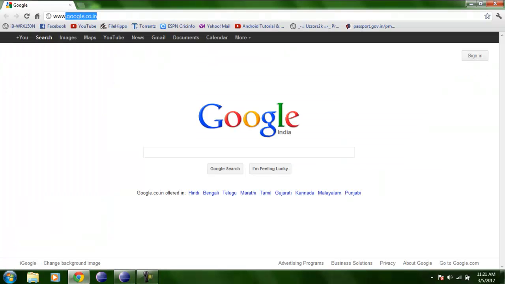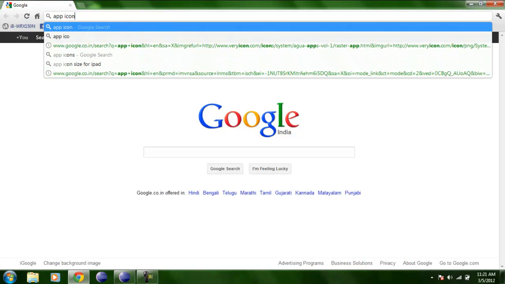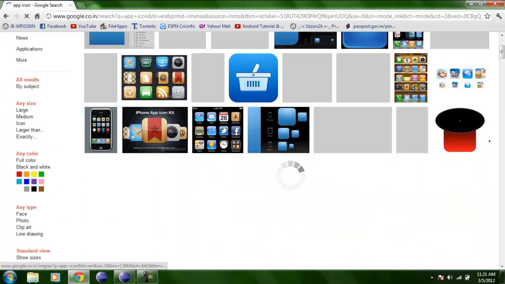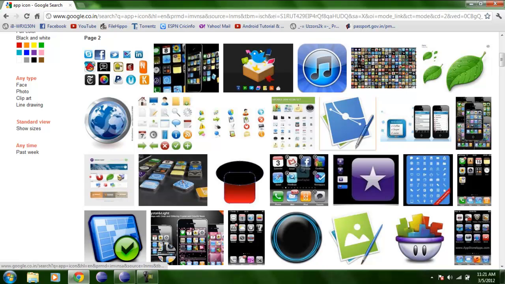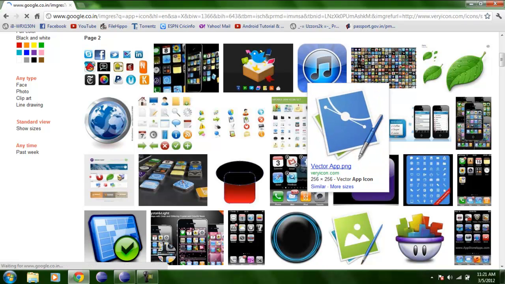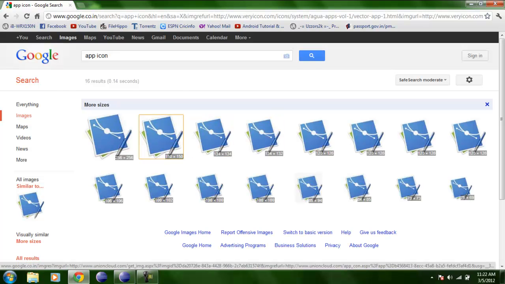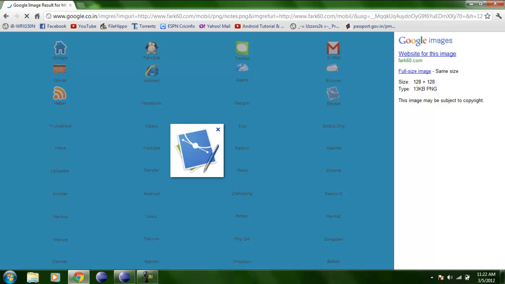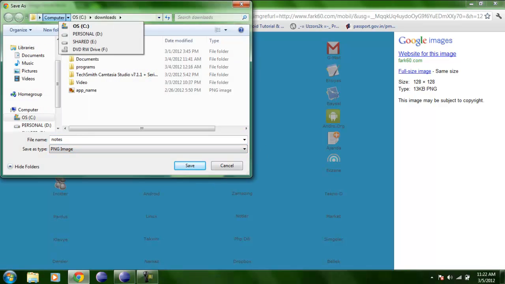So now what we will do, we will go to the internet, search for an icon. Okay, images. Okay, let us use this icon. I will take this file. Check that the file should be PNG. Format should be PNG. Save it